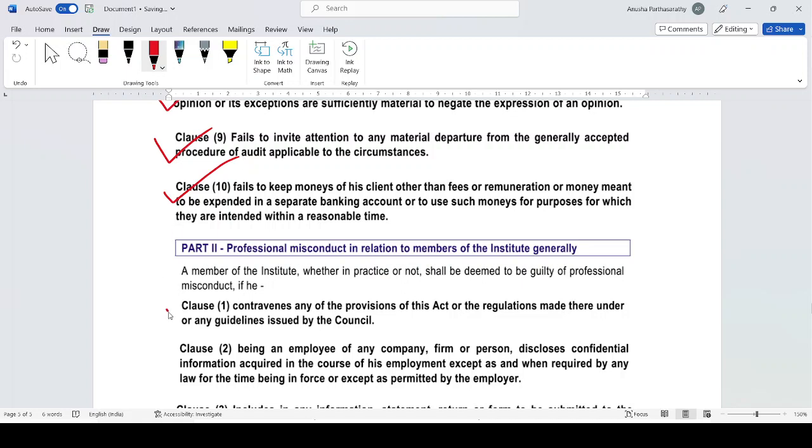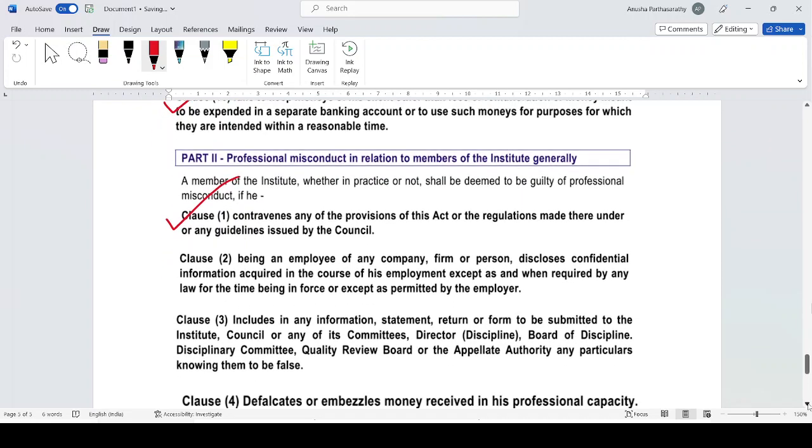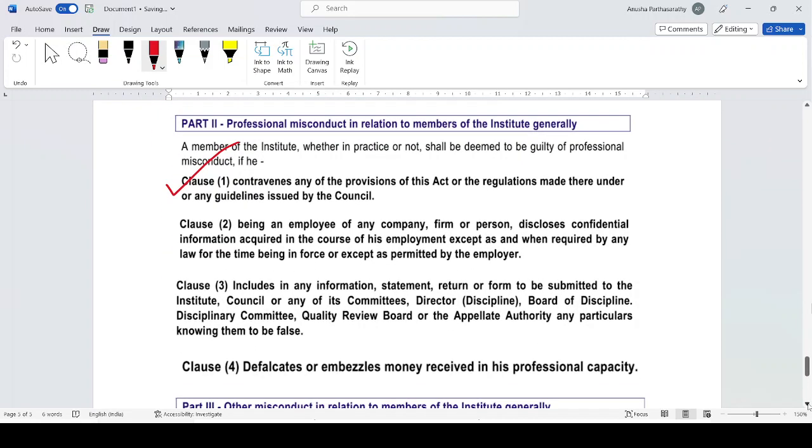As per Clause 1 of Part 2 of the Second Schedule, Chartered Accountants Act 1949, a member of the institute, whether in practice or not, shall be deemed to be guilty of professional misconduct if he contravenes any of the provisions of this Act or the regulations made under it or any guidelines issued by the council. As per Clause 2 of Part 2 of the Second Schedule, Chartered Accountants Act 1949,